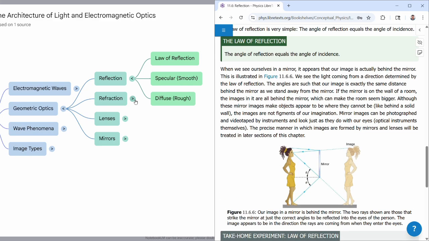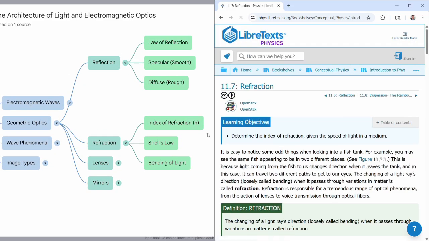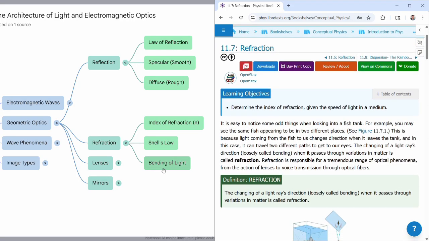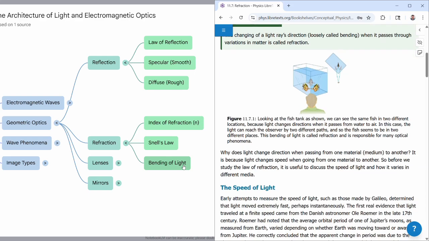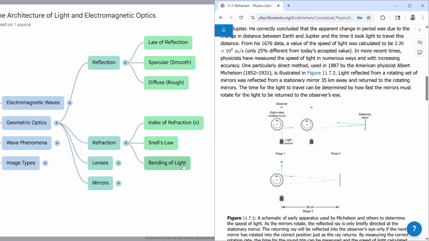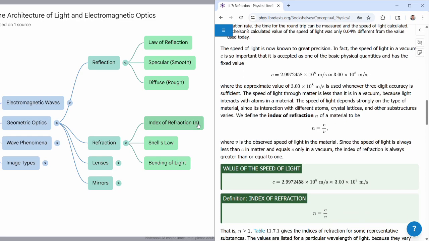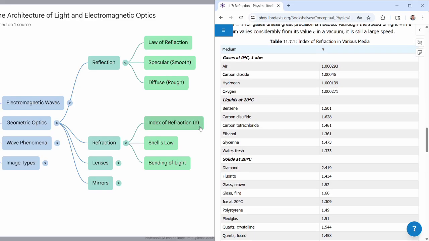And we cover refraction, or Snell's law, which explains in some way why light bends as it crosses a boundary between two transparent media, and how the amount it bends can be characterized by a phenomenological parameter called the index of refraction. And in the lecture videos, I go more into how to connect this index of refraction with more